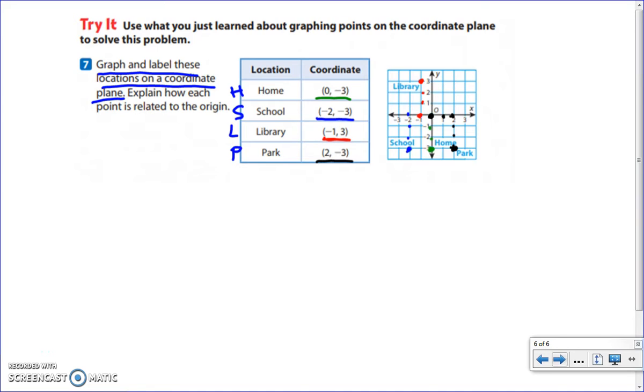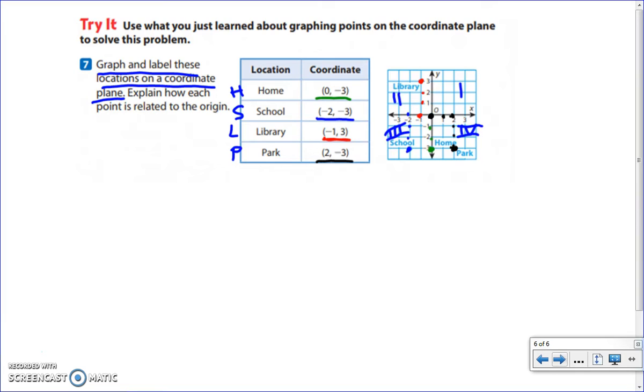We could also talk about its relationship in the quadrant. You can see that we have nothing in the first quadrant, the library is in the second quadrant, the school is in the third quadrant. Home is actually not in a quadrant, it's on an axis line. It's on the y-axis,